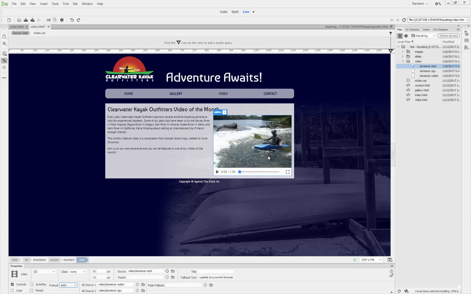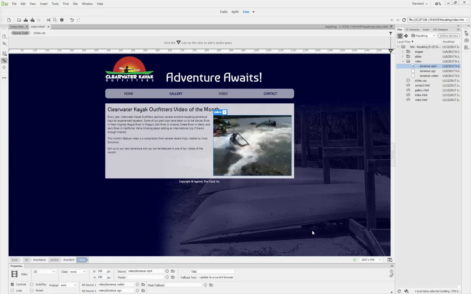So in the panels, we're going to type in for the width 320 and for the height 240. So that's pretty easy to do. So the width is 320 and the height is 240. That takes care of that. And let's see if anything happens when we click it in live view. And you can see it in here. So that takes care of that. We don't have any sound coming,